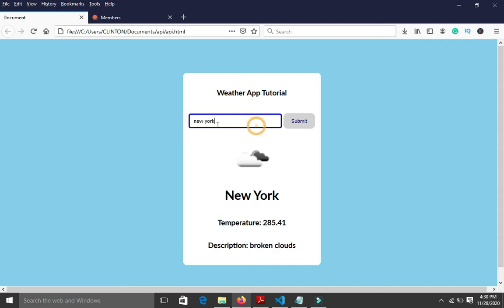You understand? Let's also check out, let's say, Madrid in Spain. Let's check out what Madrid has. Let's see the weather forecast. You can see Madrid has scattered clouds right now. So I'm going to show you how to make this application, and this was made possible through the help of